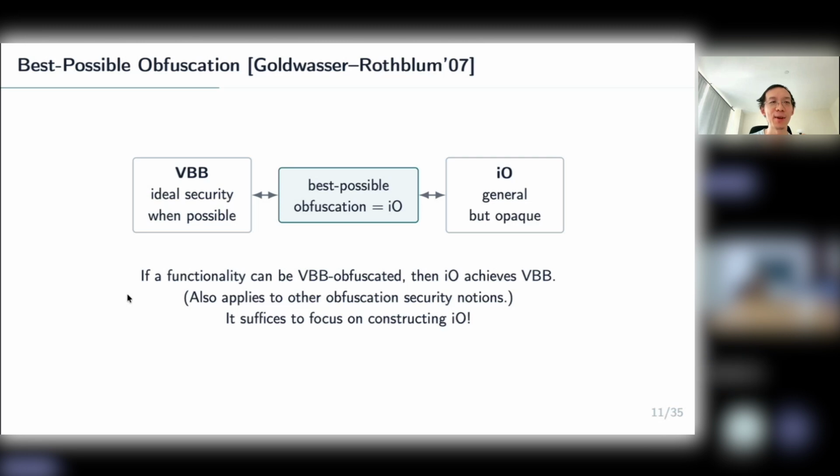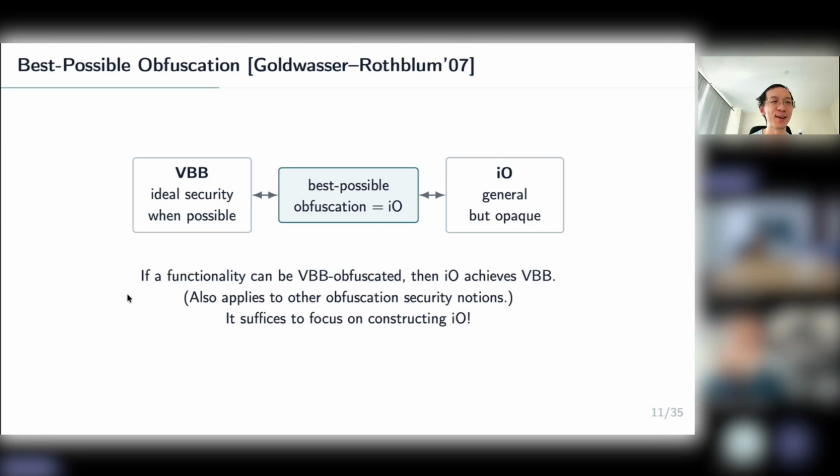So in their paper, there is a formal definition of best possible obfuscation. For the purpose of this talk, the precise definition doesn't matter too much. You can just think of best possible as meaning that if it's possible to achieve VBB, then your obfuscator should achieve VBB. But there is a more well-defined notion for best possible obfuscation, but it's not important for this. And how should I think about the case where you cannot realize VBB? What does the security notion say informally in that setting?